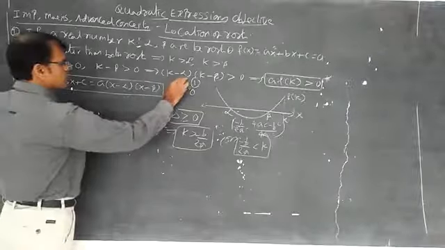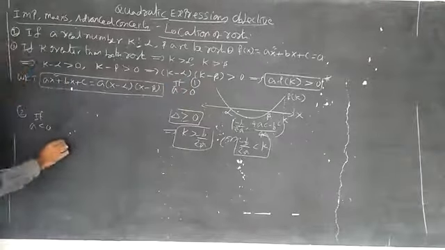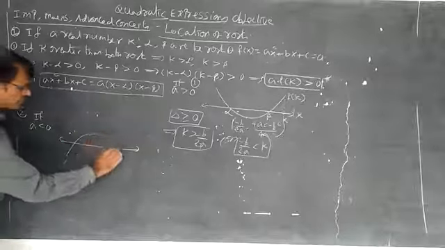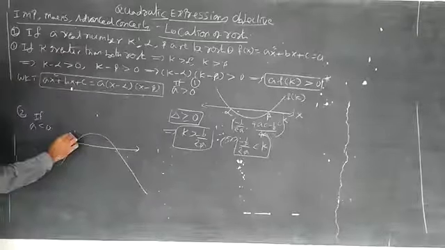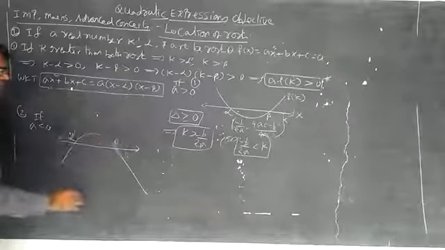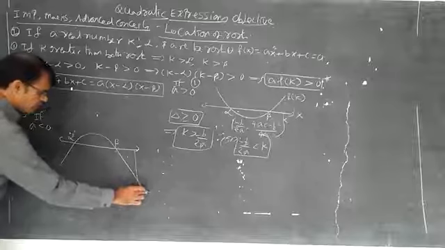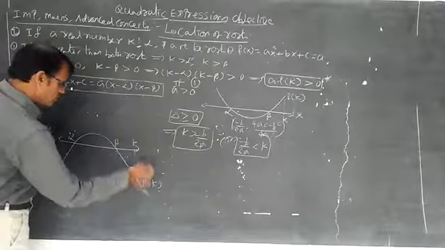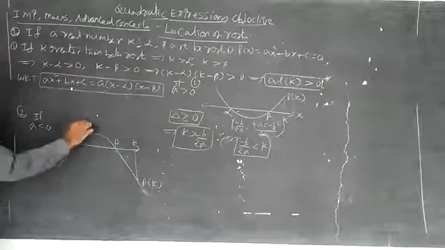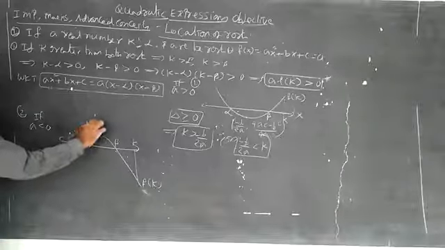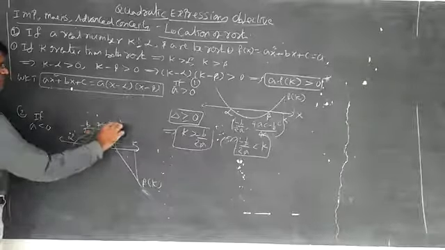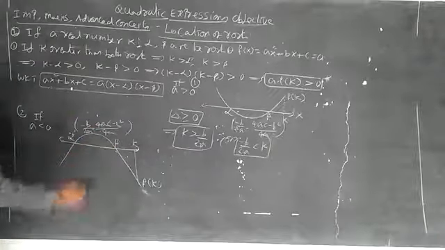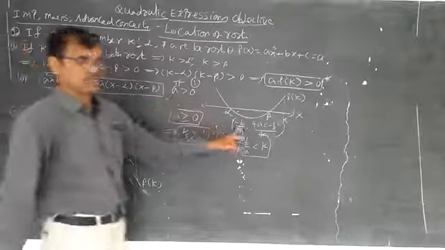If a less than 0, we know that the graph of the quadratic equation is a downwards parabola. But I am saying this is alpha, this is beta, and k is greater than both roots. So here k and here f of k. Now what is happening here? Minus b by 2a comma 4ac minus b square by 4a is the minimum or maximum. Here it is the maximum value, a less than 0. If a greater than 0, it is the minimum value.